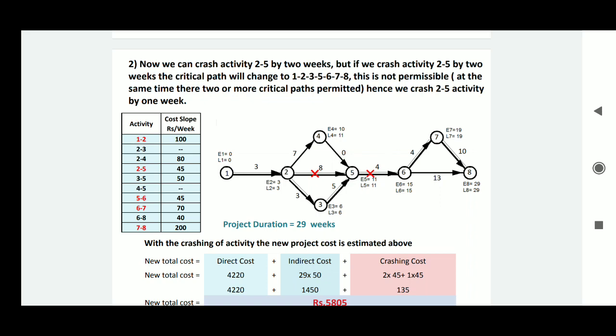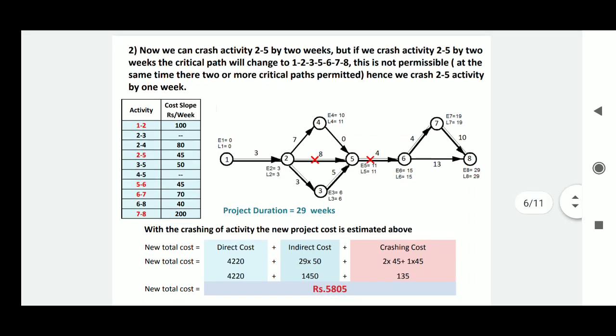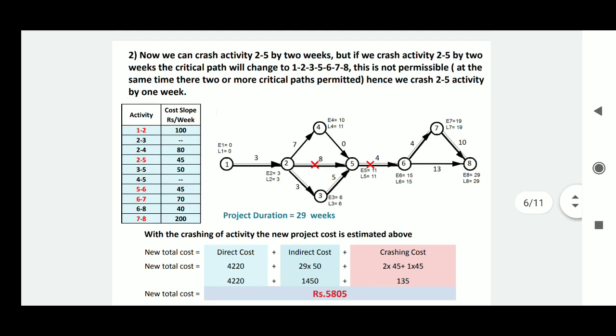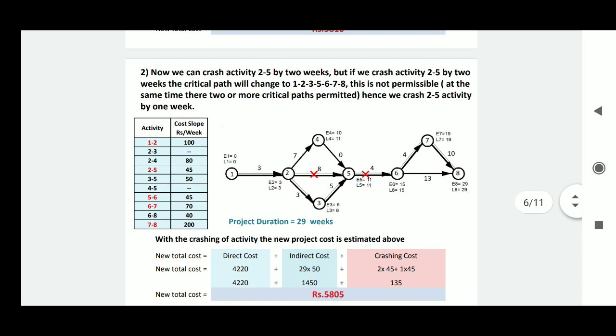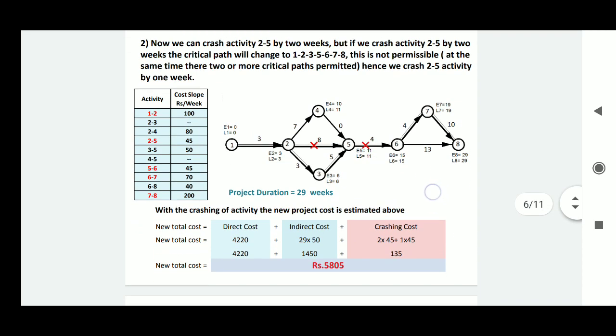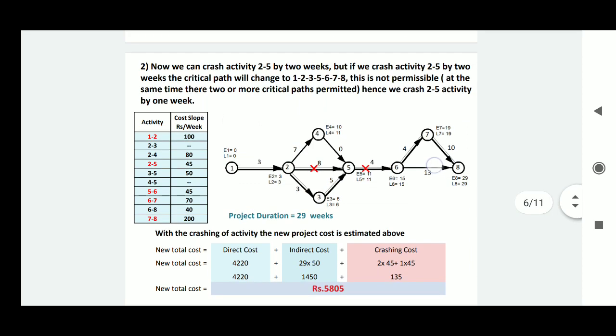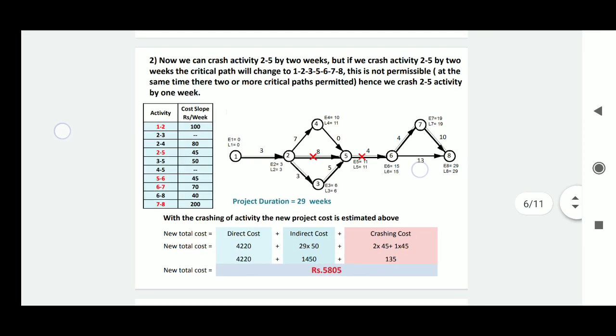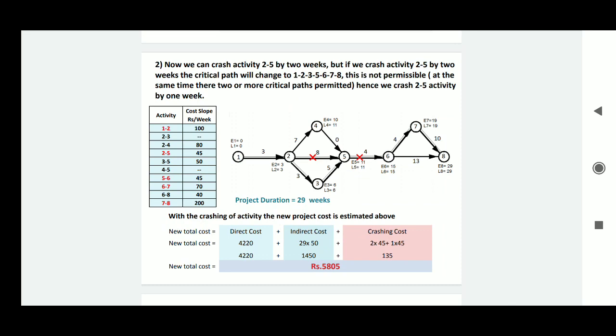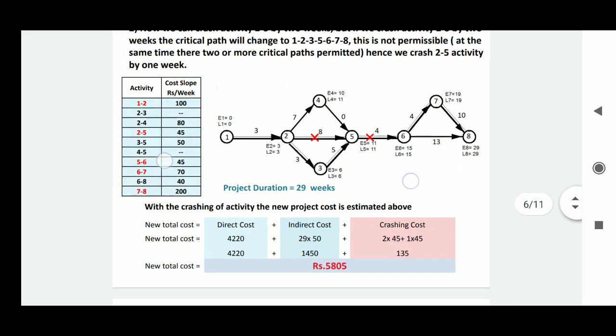In our table, we can reduce that activity from 8 to 6 weeks, but this is not possible because if we crash activity 2 5 by 2 weeks, our critical path will change from 1 2 3 5 6 7 8, and this is not permitted in any network. Hence we can crash activity 2 5 by